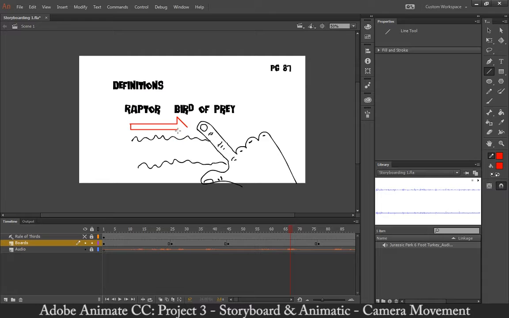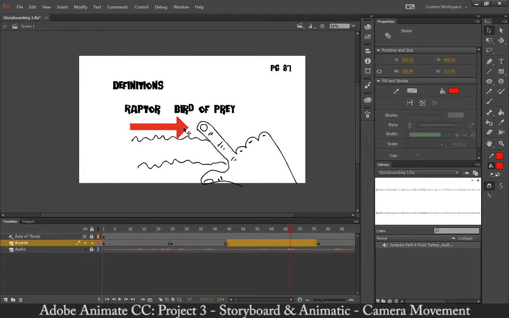Something like that. Okay. Of course it doesn't want to fill. There we go. So there I've got my little red arrow, and this is just sort of indicating that the hand moved this way. If I go ahead and select it,